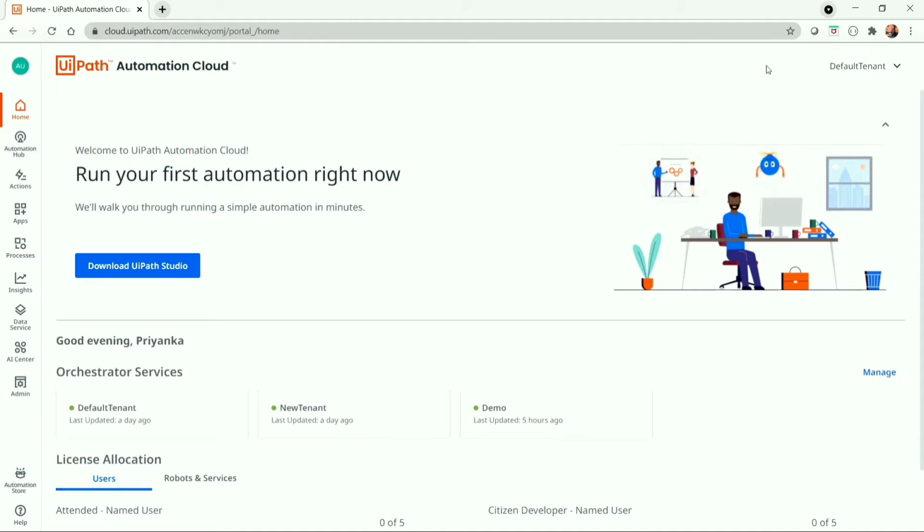UiPath named this design system the Apollo Design System. In this design system, you will find some changes in look, and these changes are done to put focus on functionality and to enable a consistent experience across all UiPath products. So you will get to know what it means to have a consistent experience across all UiPath products. Watch the video till the end, and without any further delay, let's get started.